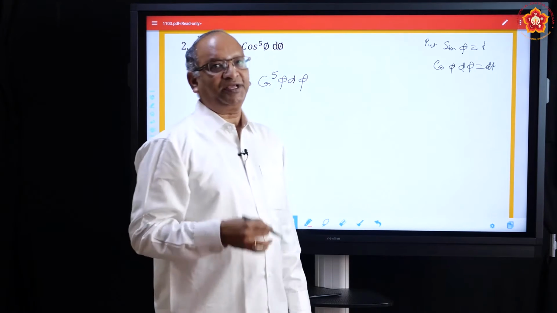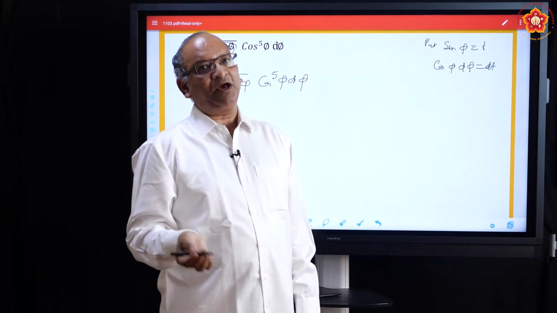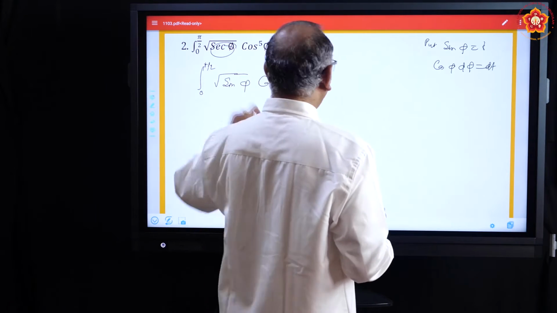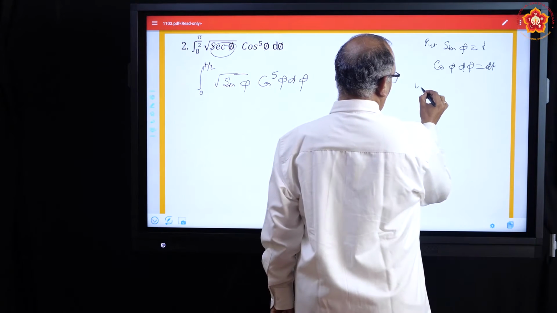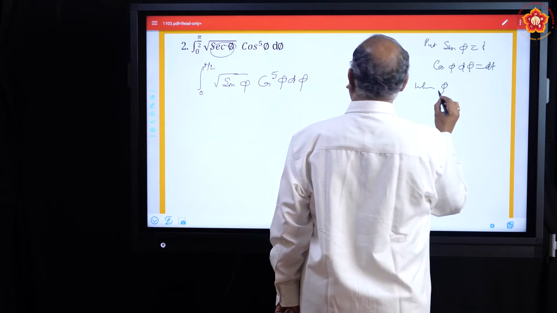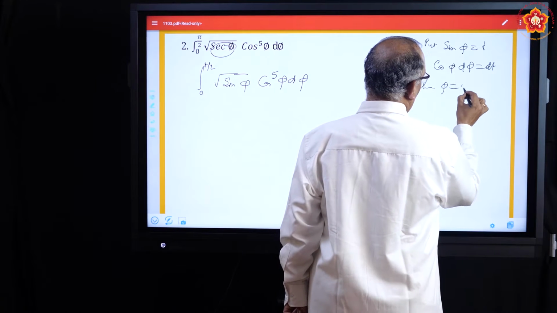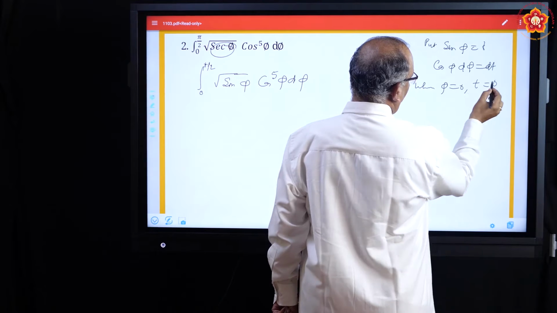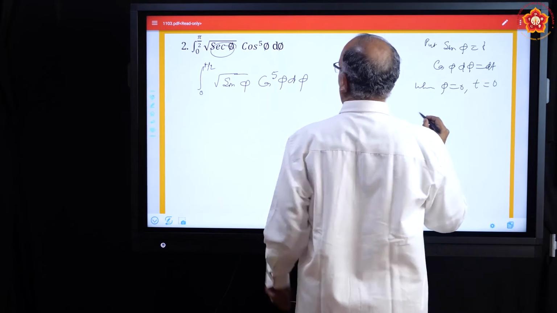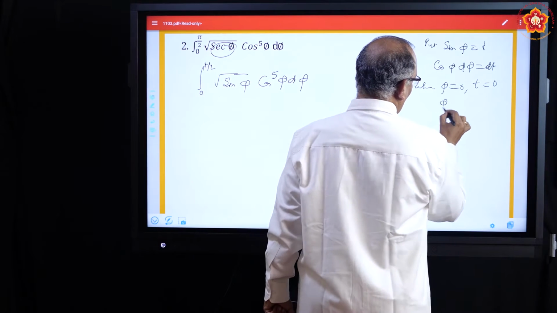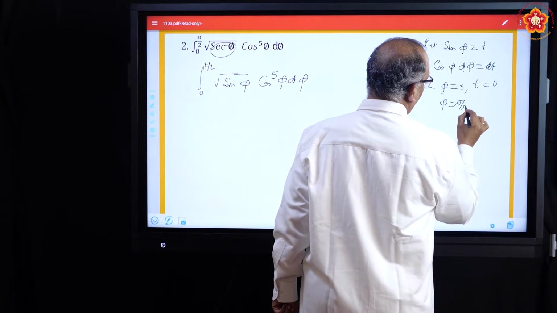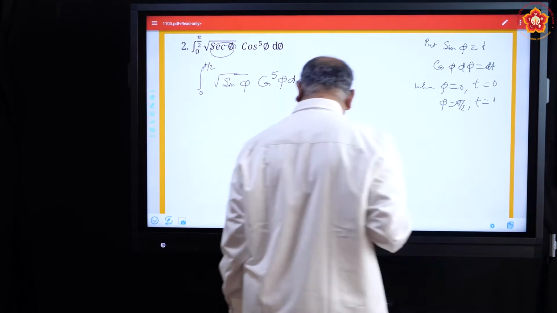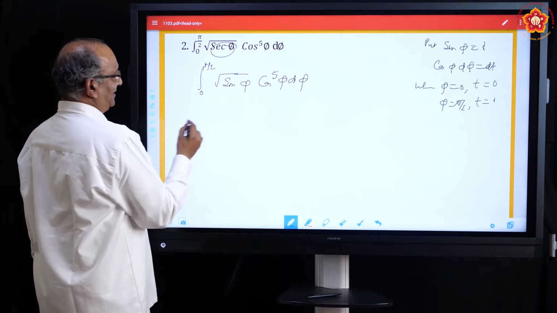But as I was mentioning, whenever we make a substitution, we also need to change the limits. So how do we change the limits? Substitute. When phi is equal to 0, t is equal to 0, because sin 0 is 0. When phi is equal to pi by 2, t is equal to sin pi by 2, which is 1. So now our question gets changed into